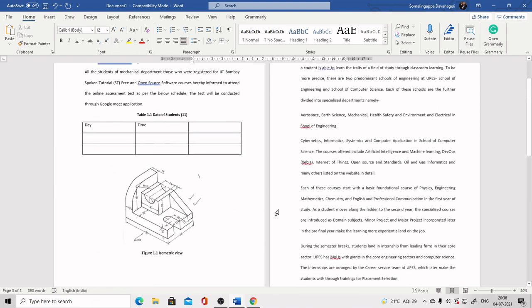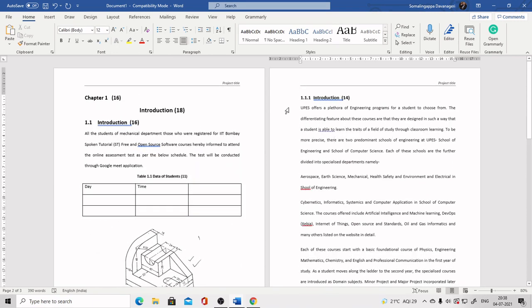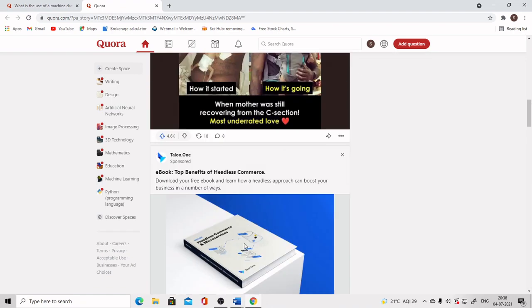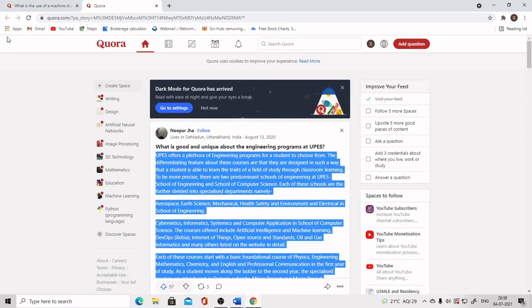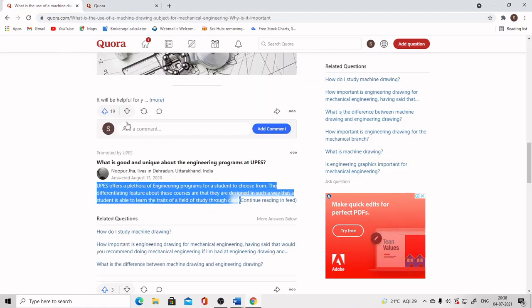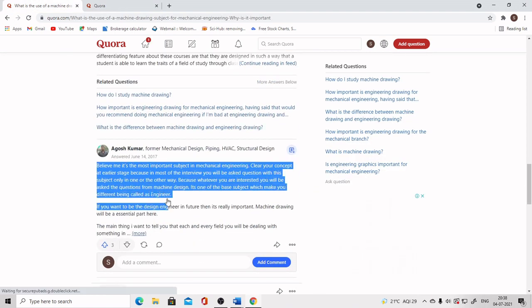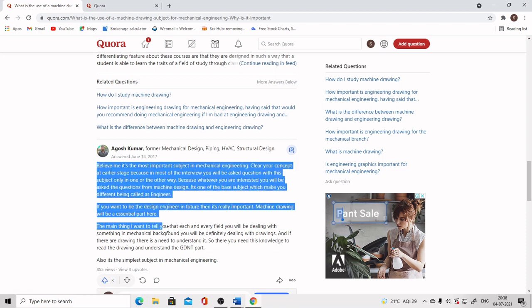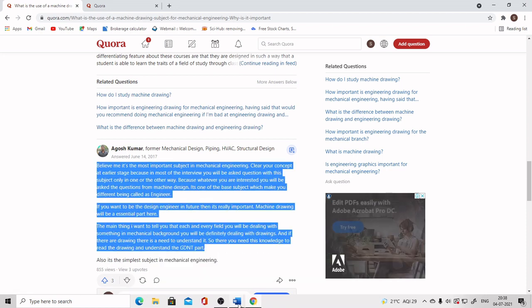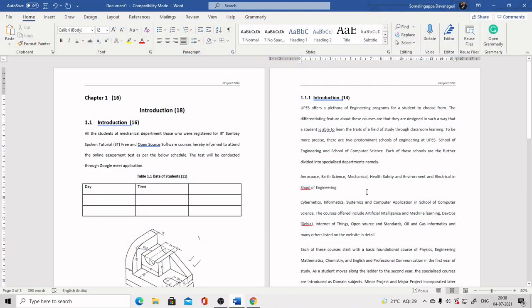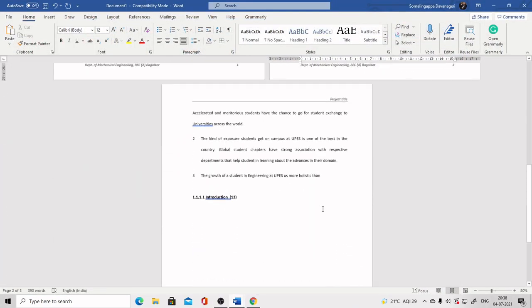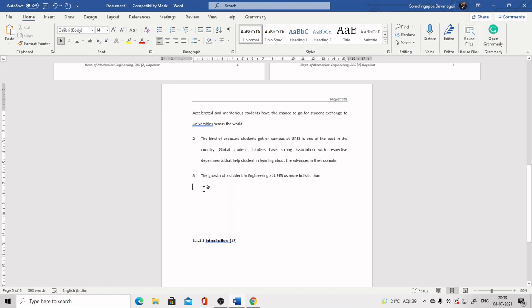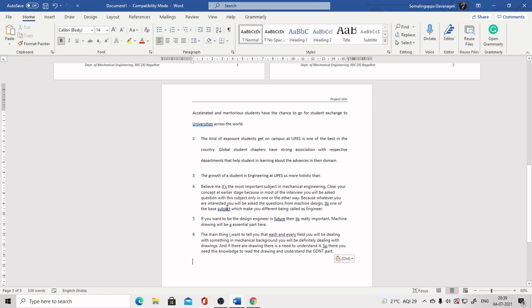In this case it has been pasted according to the source format. Sometimes it gives a lot of clumsiness in the report, meaning you are unable to format the entire document. Now I just made a copy and I'm going to paste here.